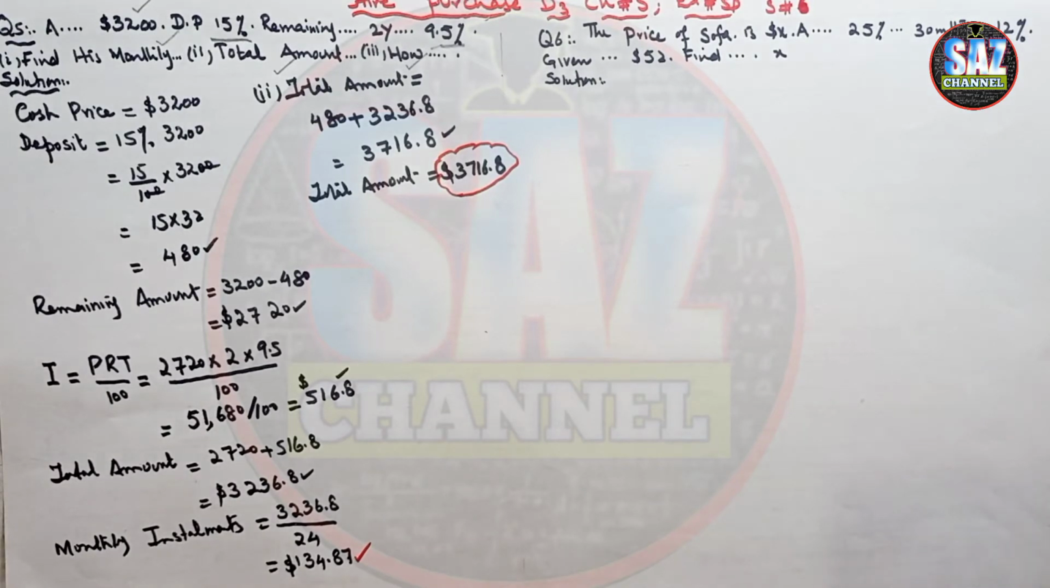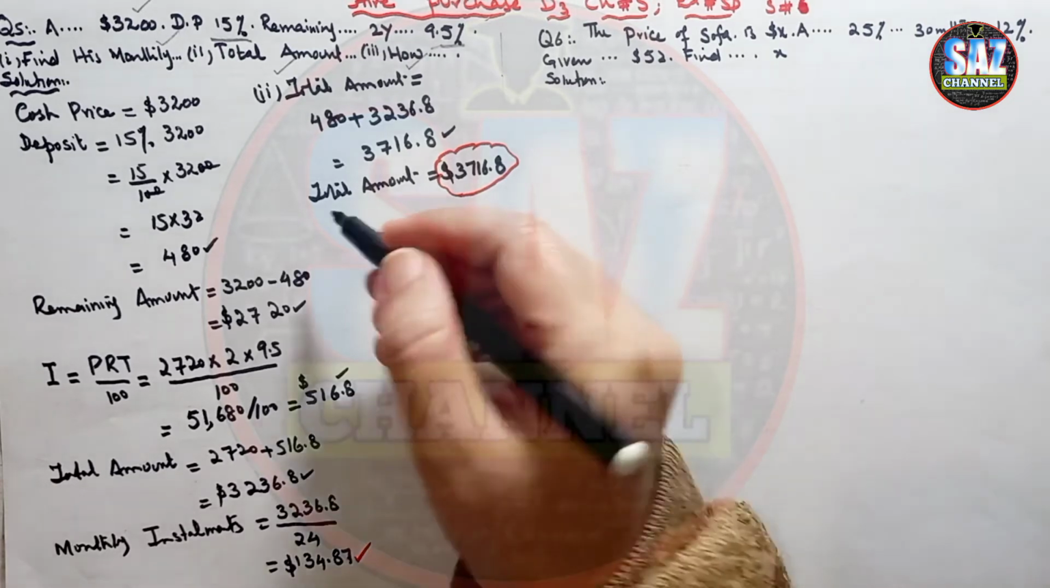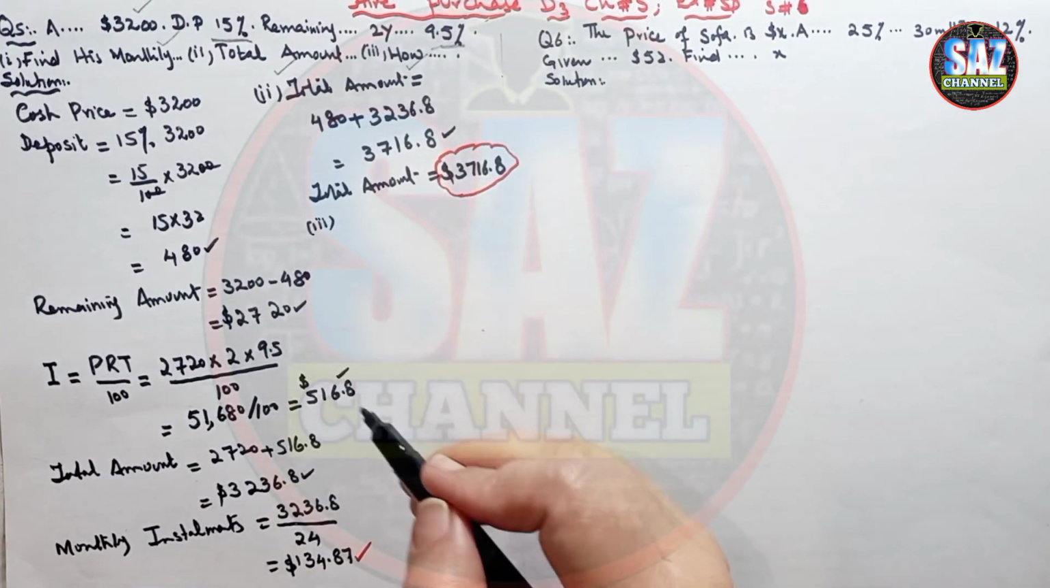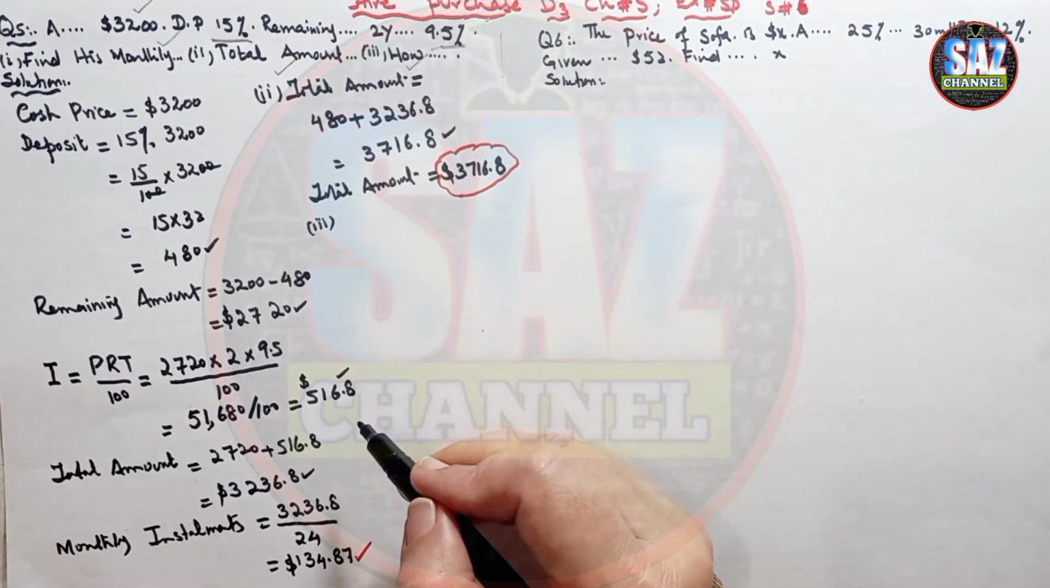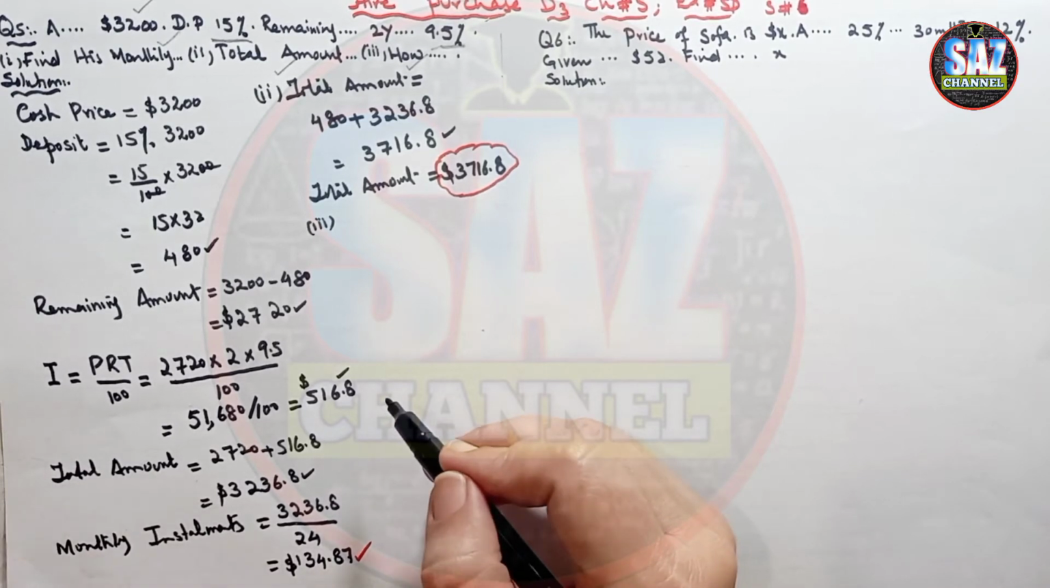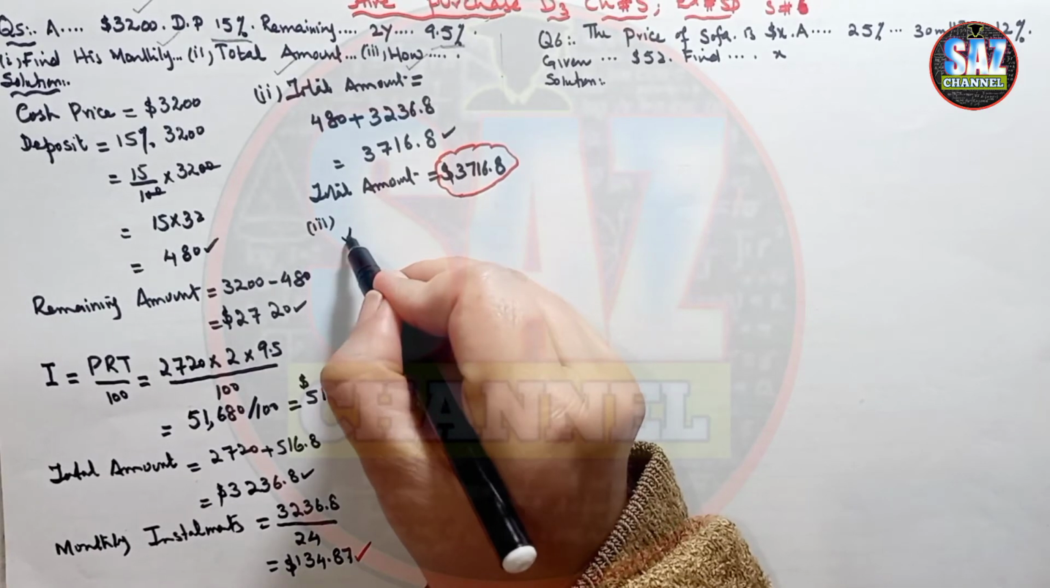Now this next part says, how much more does he have to pay for buying the computer system on hire purchase? How much more he has to pay if he is buying that computer system on hire purchase? For that answer, we need to have the difference between the hire purchase terms and your actual cash price. So the additional amount will be equal to